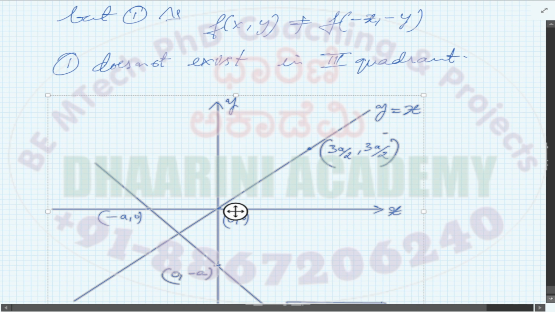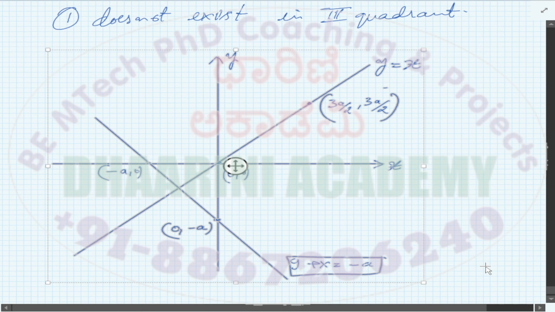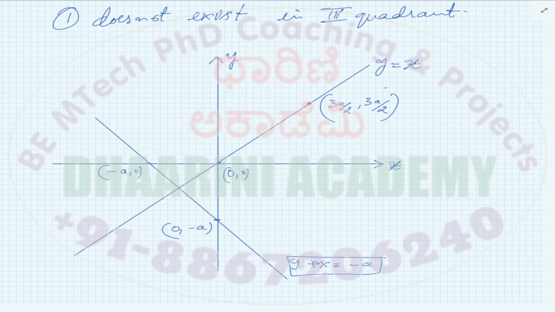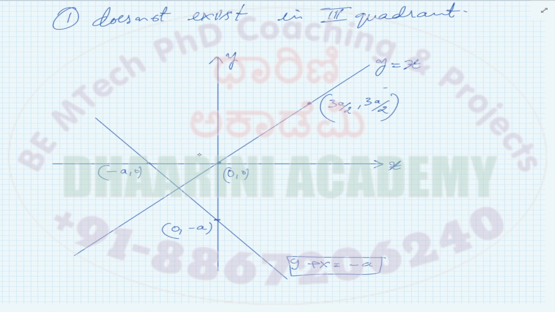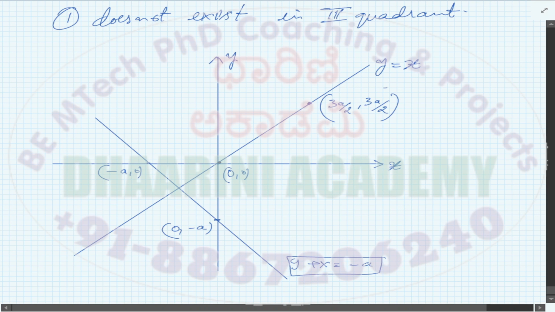Right, so far we understood. Now it's very clear that the curve cannot go to the third quadrant, it cannot be present in the third quadrant. Okay, so let me draw this. So let me change the color. So I know that my curve is going to pass through this point, and it also goes to this point,